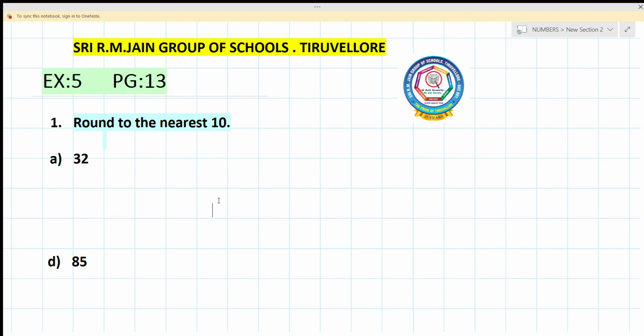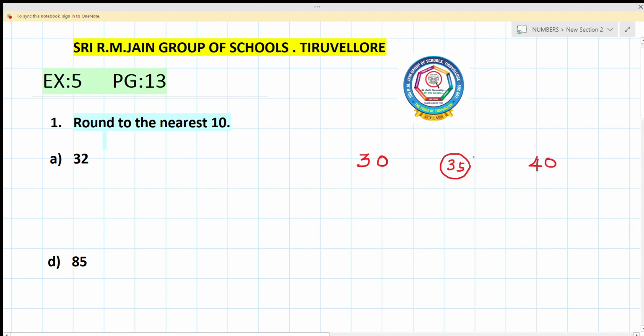So you just find out which multiples come nearest to 32. Yes, it is 30 and 40. Am I right? 30 and 40 are the nearest tens for the given number. So first we write the multiples 30 and 40, and you also find the mid number. So 30 and 40, the mid number is 35, because based on the mid number we are going to find out